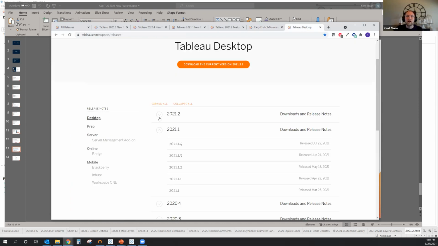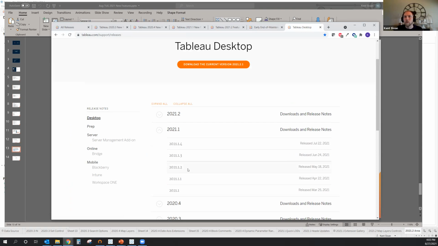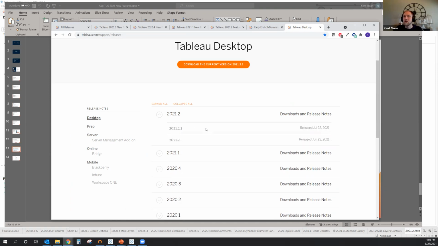So that's just saying that 21.2 is only on its second patch. We like to wait till at least the third patch before we consider upgrading our production environments. So at this time, we'd recommend 2021.1.4. This one, I'd wait a little bit and then test it out, consider it.